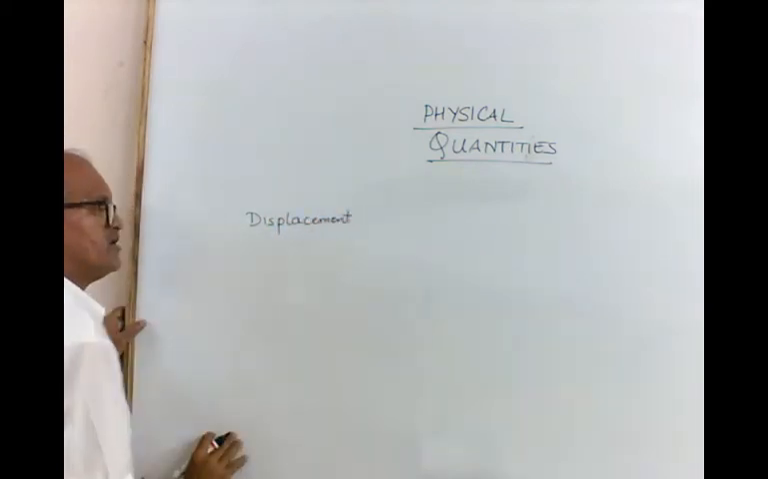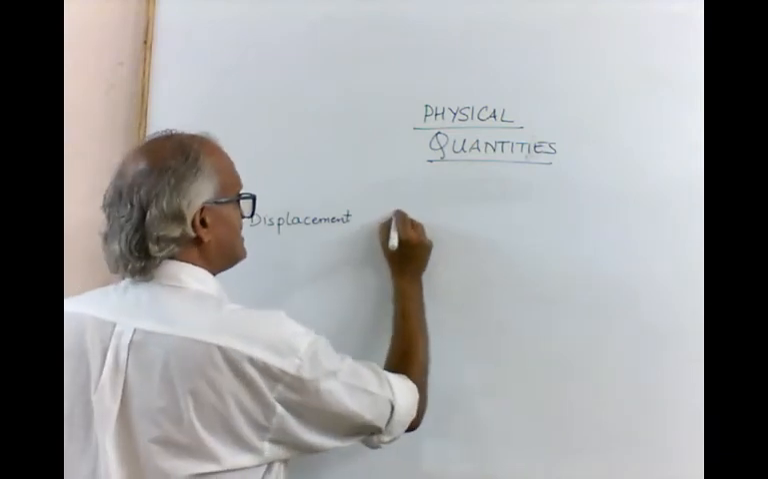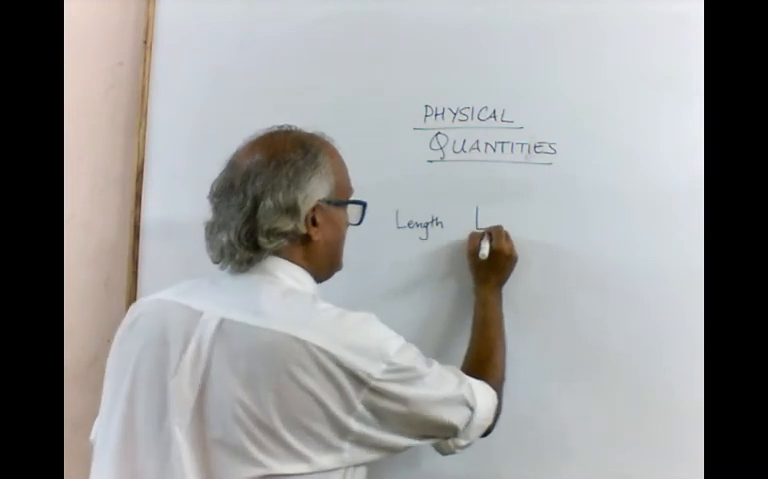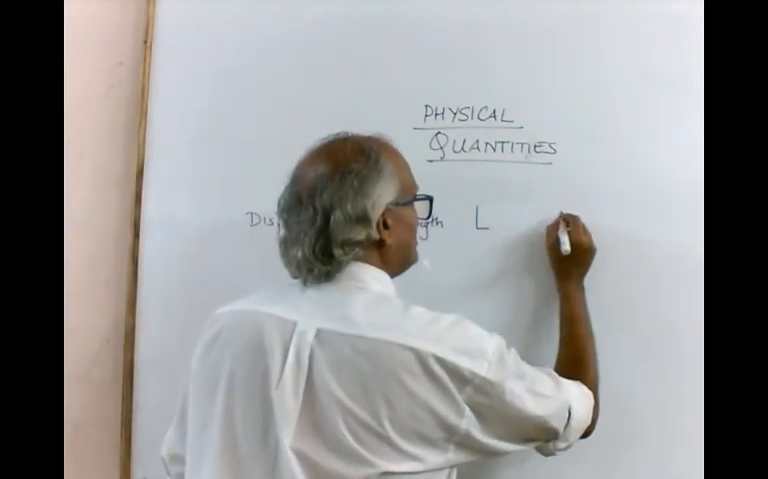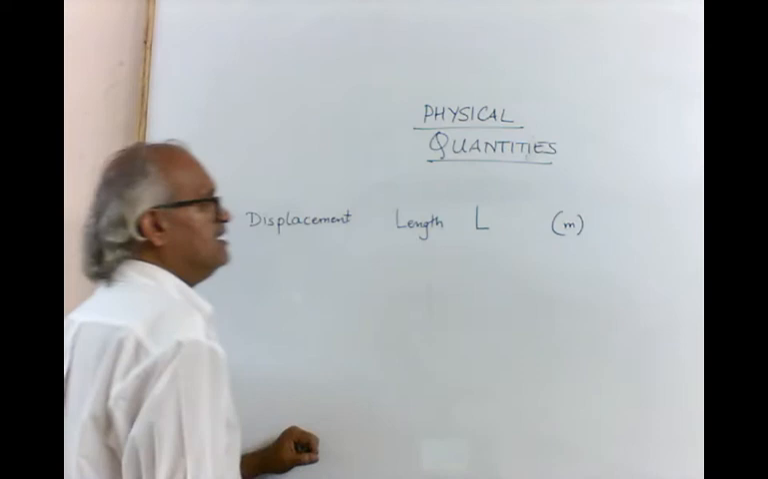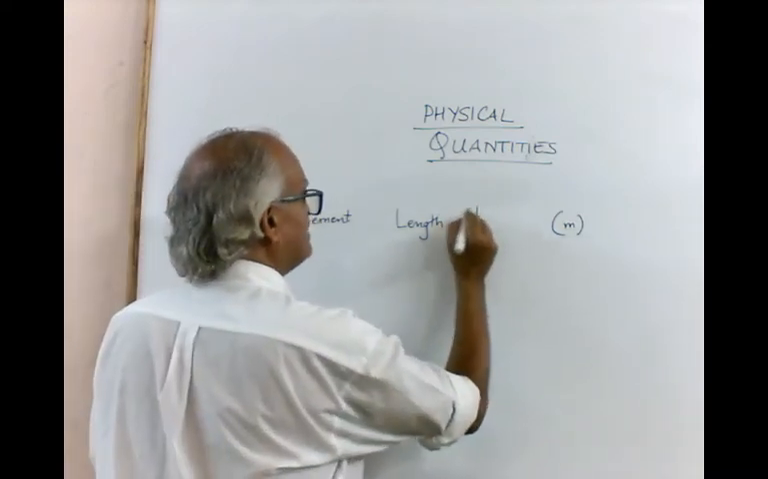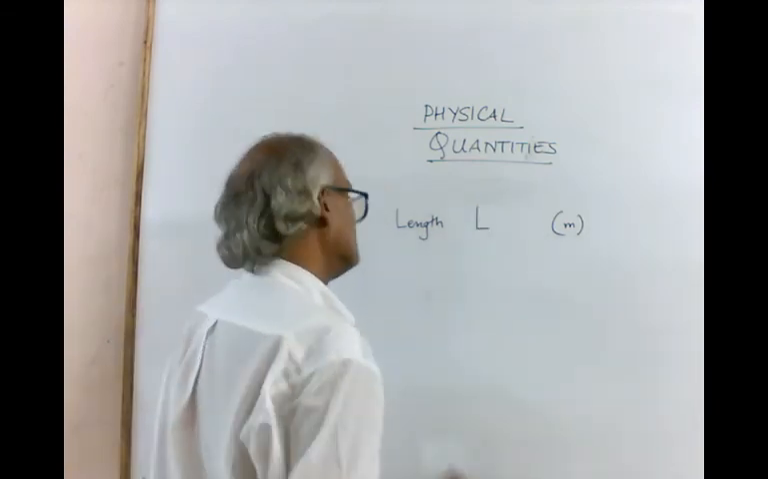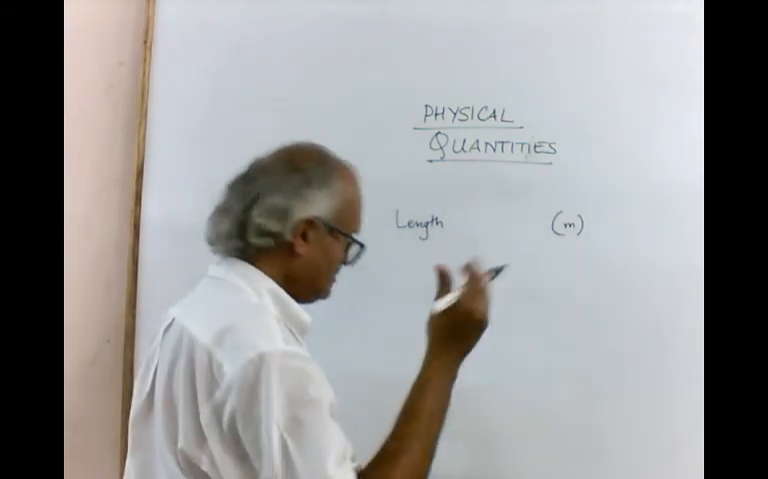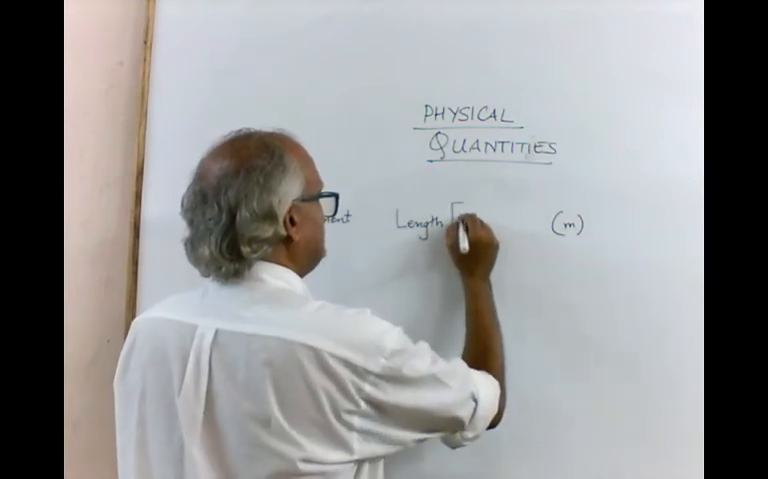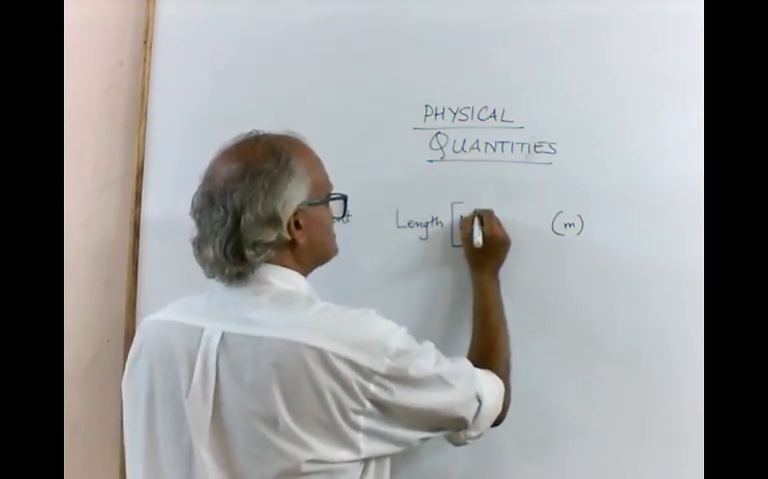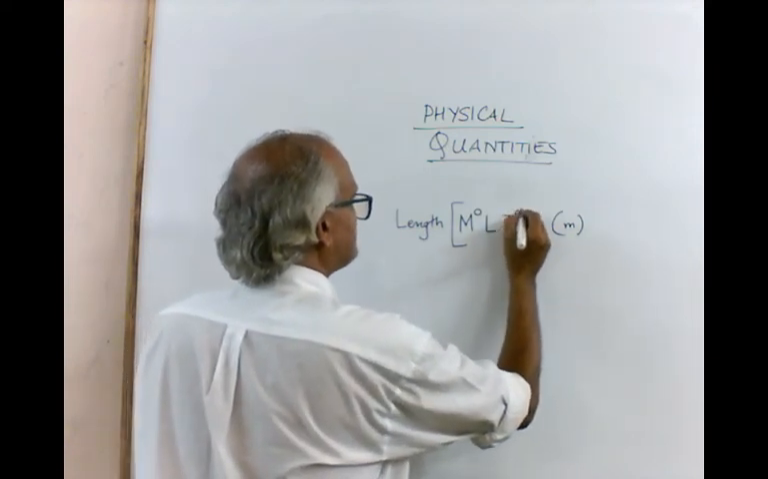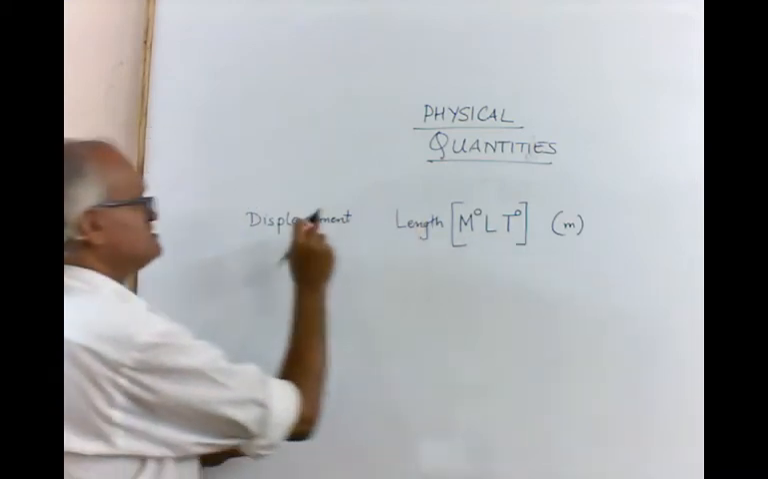Displacement is a physical quantity. Displacement has a certain length, so it will have L and the unit will be meter. इसके डायमेंशंस हो जाएंगे m0 l, you can write in any sequence, but often mlt लिखते हैं, lmt भी लिख सकते हैं, कोई इसमें गलत सही नहीं है, they are all acceptable. m0 l raised to 1 which you need not write and t raised to 0, ये हो गए डायमेंशंस डिस्प्लेसमेंट के।